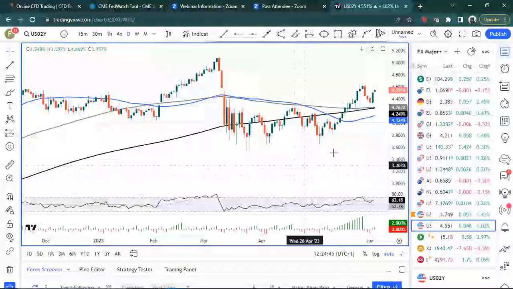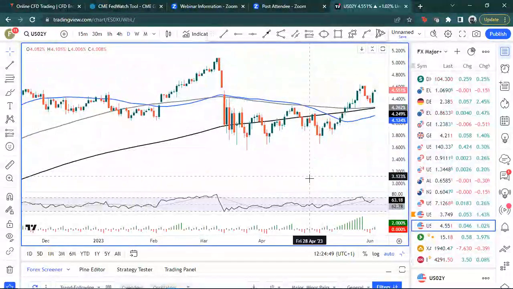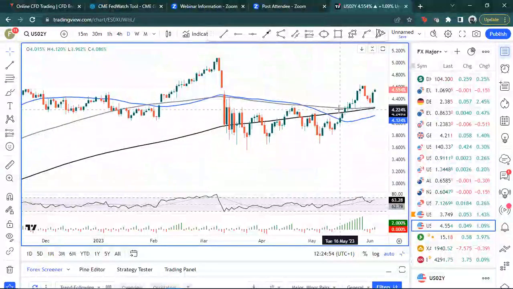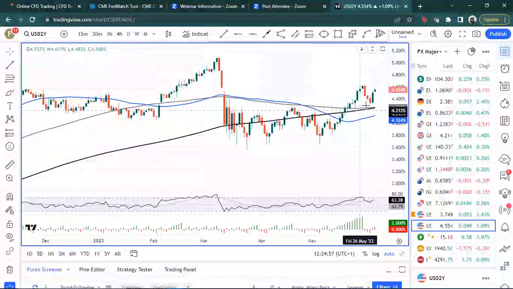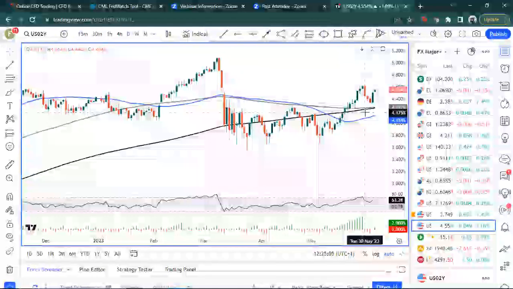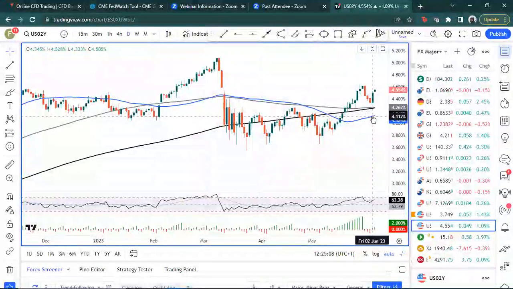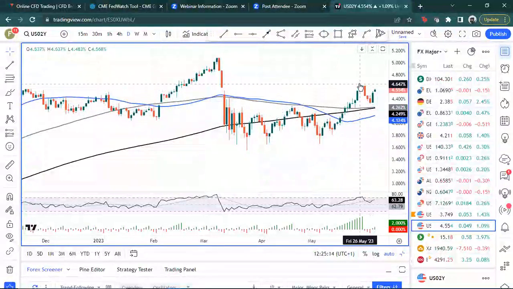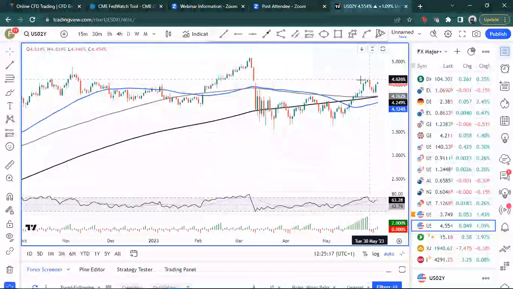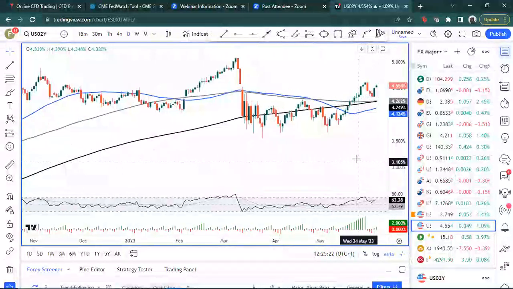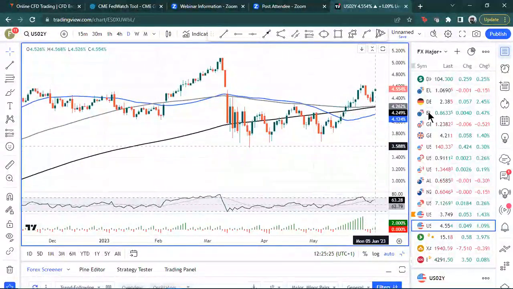So before we look at the dollar, you can see this is the 2-year Treasury chart. Don't want to get too much into it, but you can see the consecutive days of gains, and then we pushed above these simple day moving averages as well. After the pullback early last week, we had that big move on Friday after non-farm payrolls, and we're building on that today. So it's interesting, on a technical basis, whether we can push above 4.6% or so on this 2-year Treasury yield, which would certainly push the dollar higher.